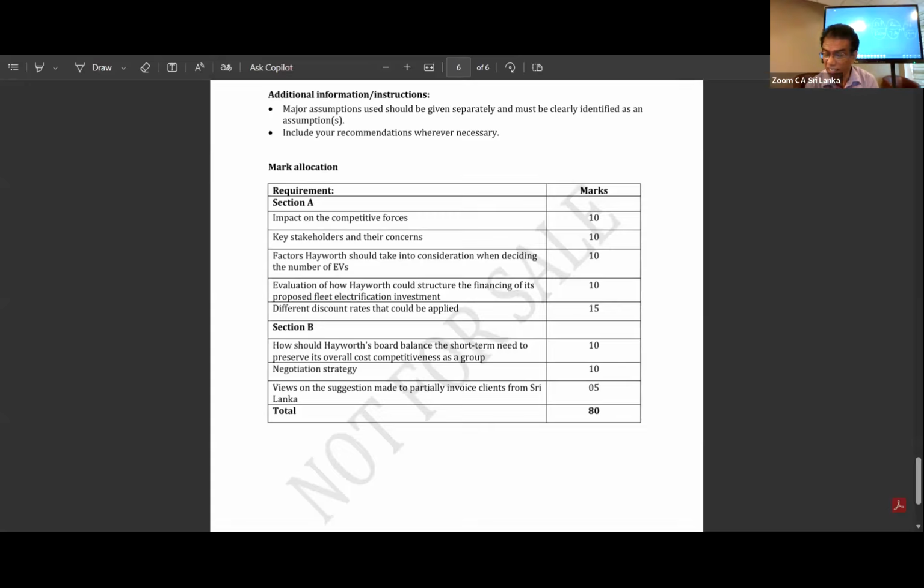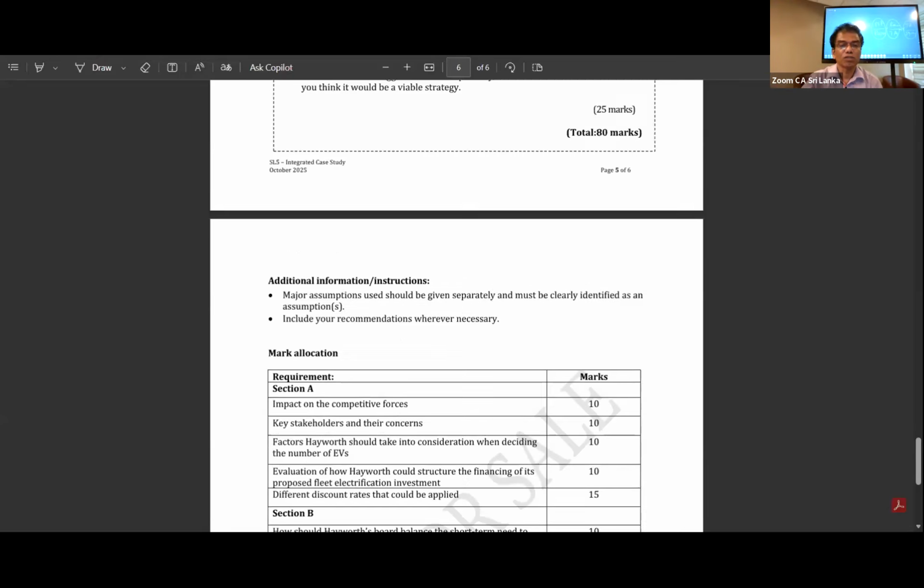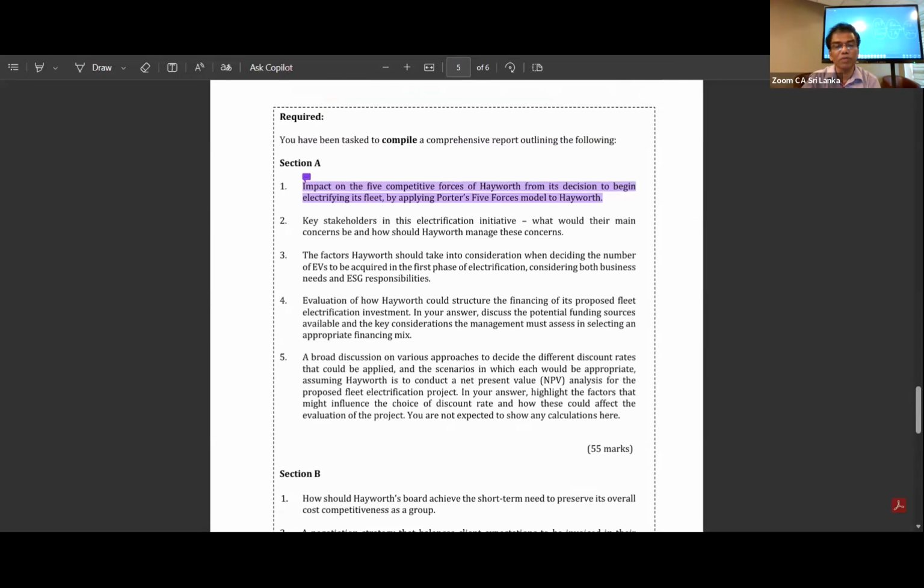This is what I came for today. My total objective is to make sure that you know how to prepare for the exam, taking the pre-seen, and to guide you on certain mistakes you are making and how to read the unseen in a proper manner and understand it. You can't just understand anything from here. If you read everything and ignore the balance part and just come here to the impact on competitive forces, then you go and write the five forces, the key stakeholders and their concerns. When you ask what you understand from that, nothing.